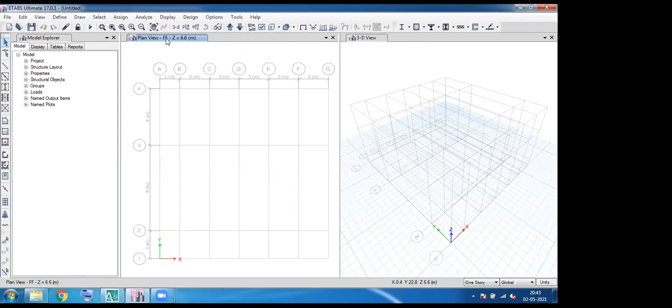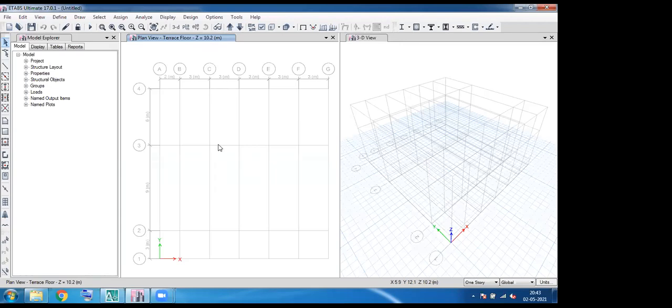Right now we are in FF, that is nothing but the first floor. I'm just clicking this up arrow. Now it moves into the terrace floor, that is Z equal to 10.2 meter from the base. So these are all the working windows.